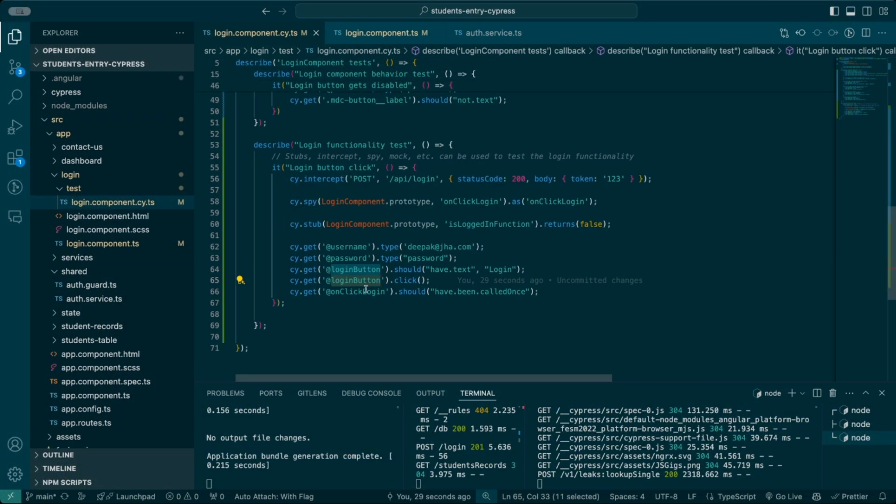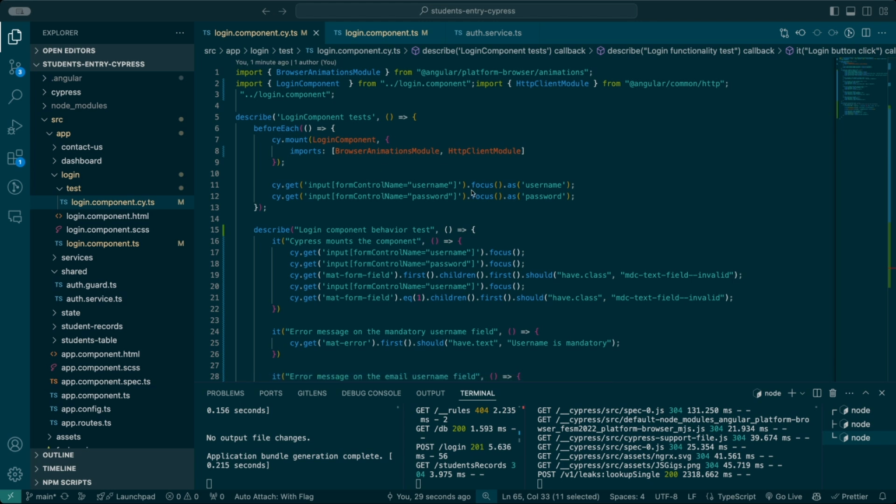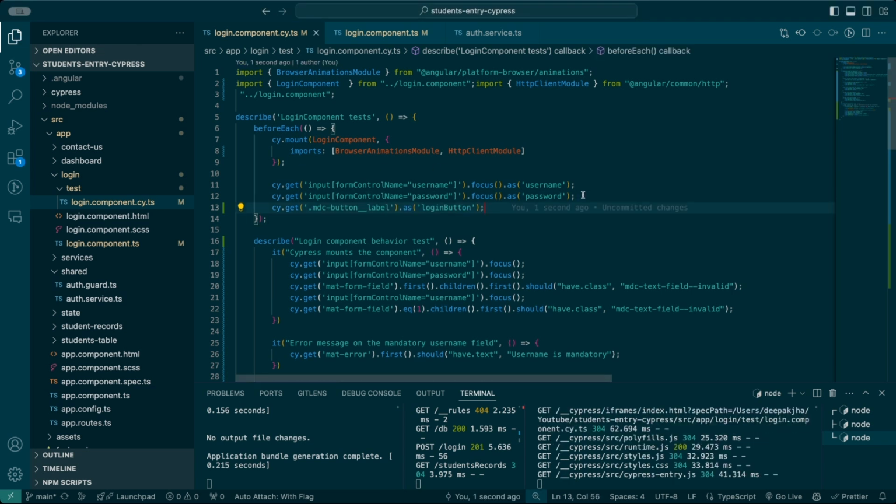Now you can see that the login button is not here, right? So let me assign, I'm going to be writing another selector there before each, because that's something which is going to be commonly used across. So how have we selected the login button up until now is through this particular class, which is MDC button